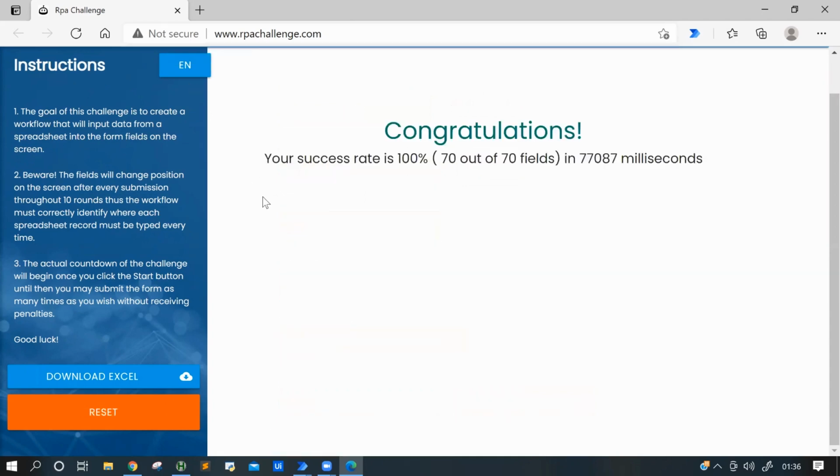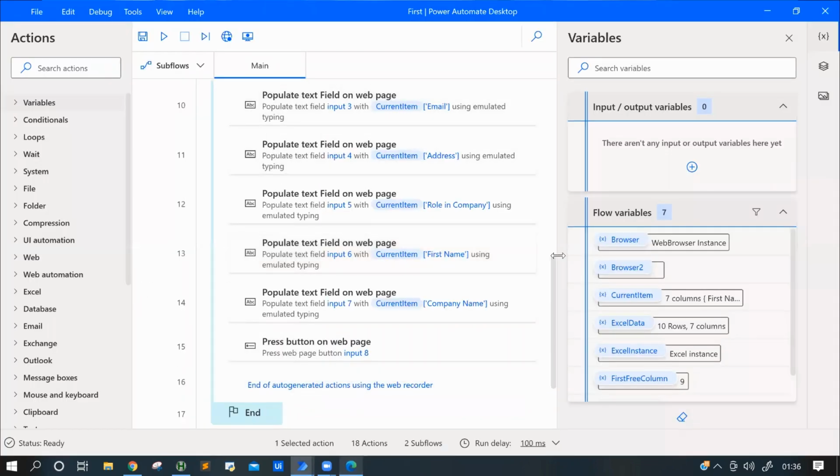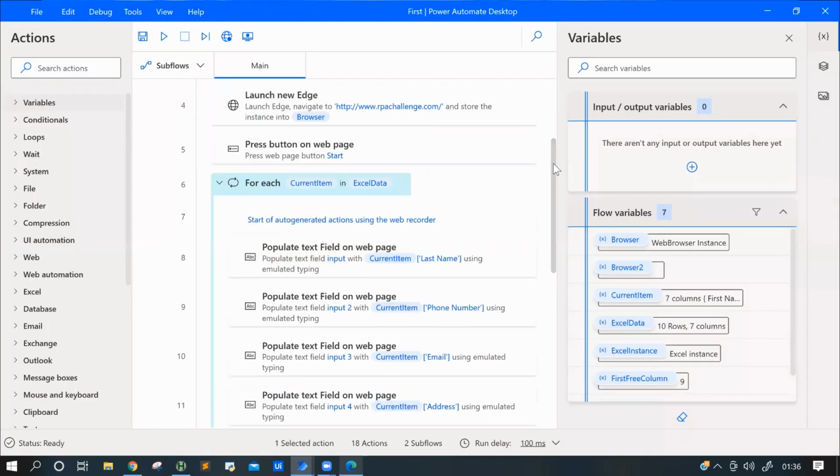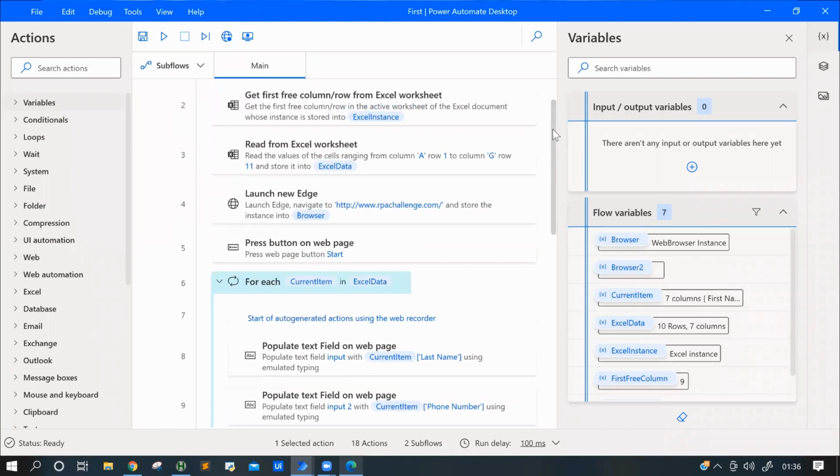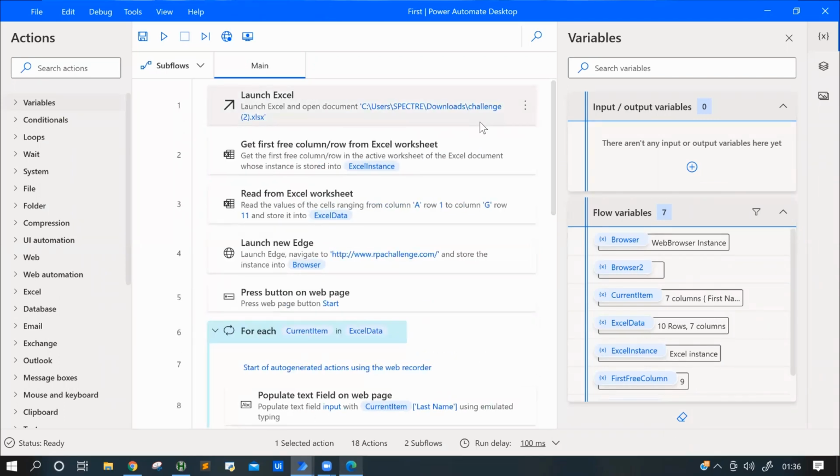and it's done. Yeah. And if you want me to showcase right now, if you also want to automate it, it's very easy. If you already have a bit of an idea, you can go ahead and just do the simple steps. You can get the activities from the action pane: launch Excel, read the first row and column, get the rows and columns count, and then read the Excel file, open the browser.